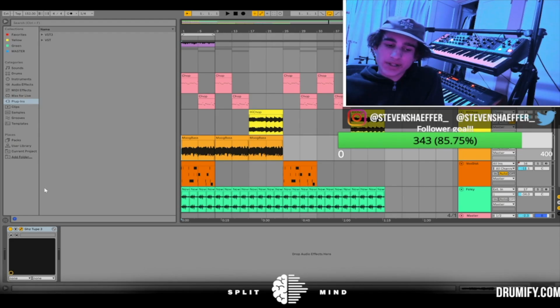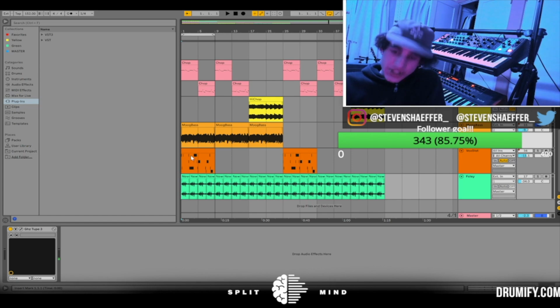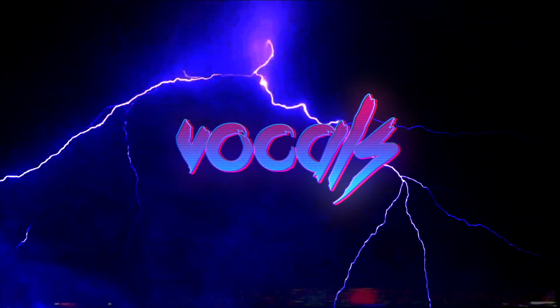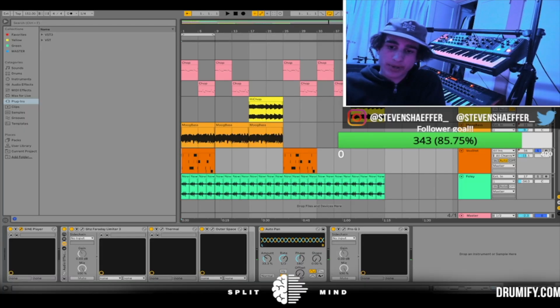And then for processing, the only plugin that I added was this Tube by GHZ, kind of just a distortion plugin. And then other than that, I pretty much just added this distorted vocal. It only comes in on certain parts of the sample. I just took a vocal one shot from this plugin called Sign Player,